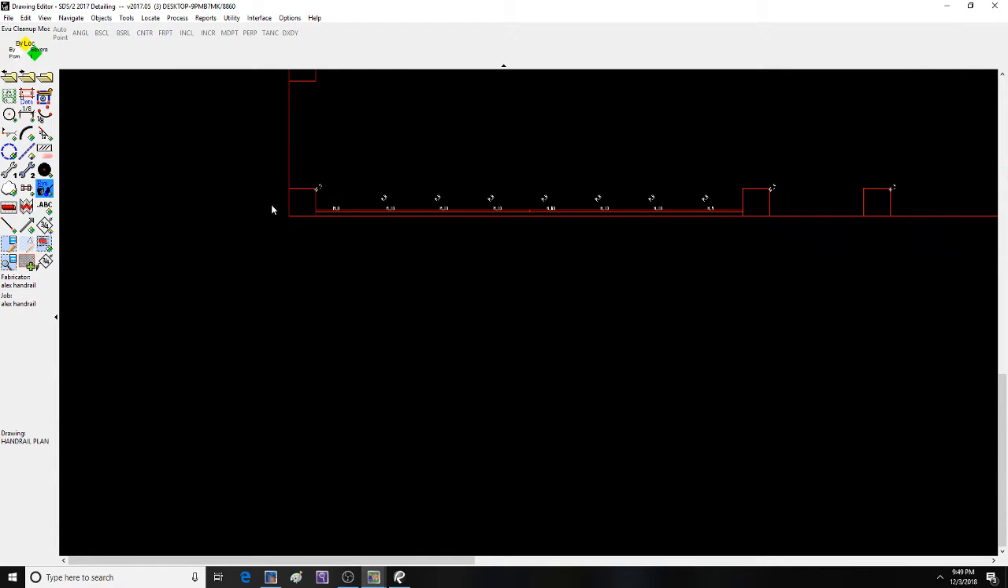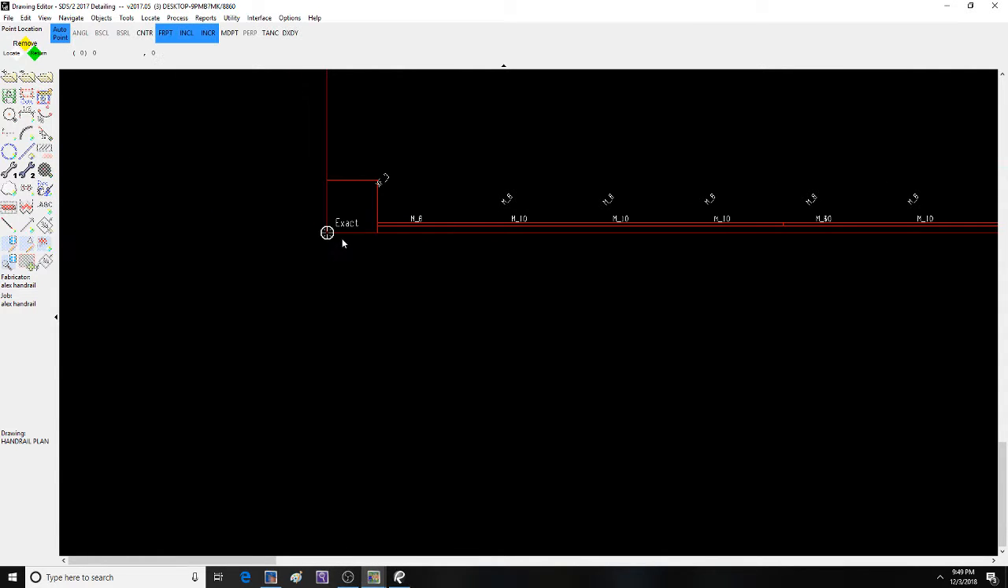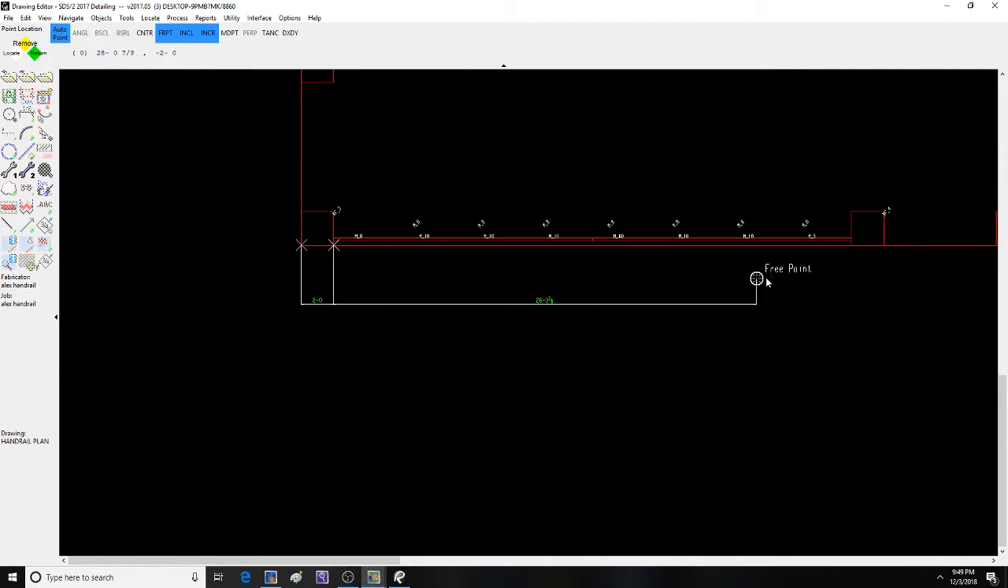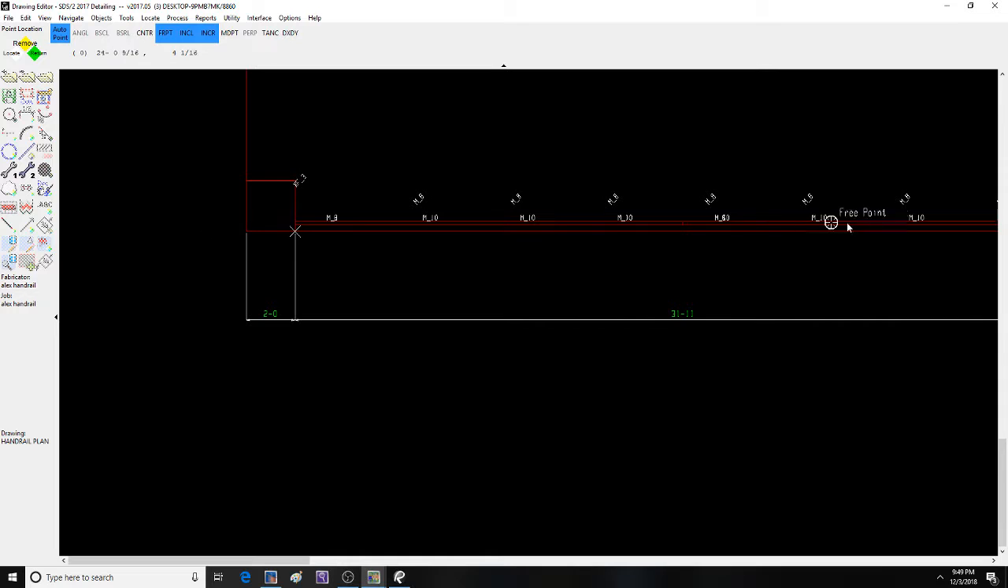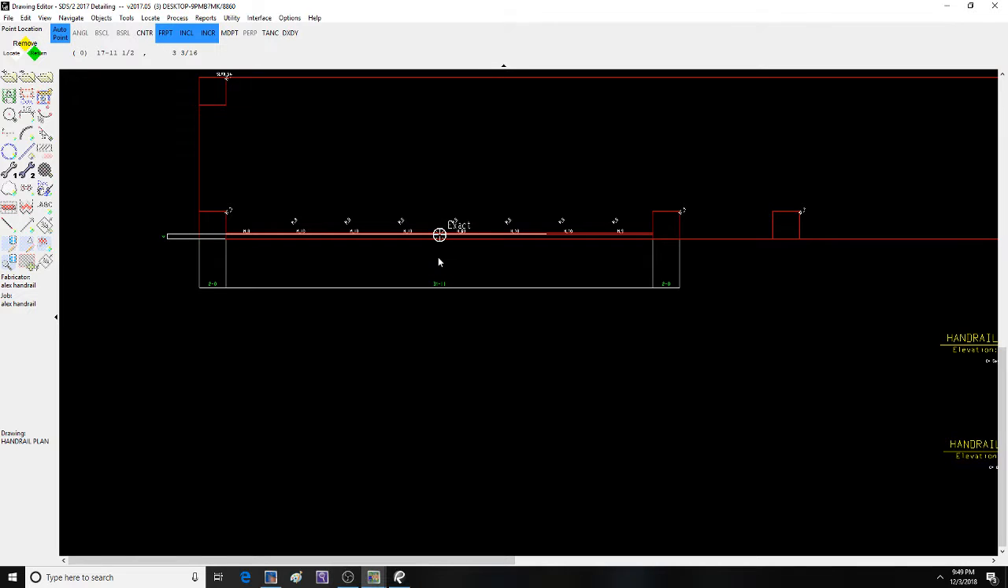Alright. So, this is what your plan would look like. You would dimension this, and you'd dimension this and this, okay? And then you would dimension from here to the center line of your pipes, which in this case I used 4 inches. So that's your important thing. You do the same thing over here too. This would be 2 foot, and then